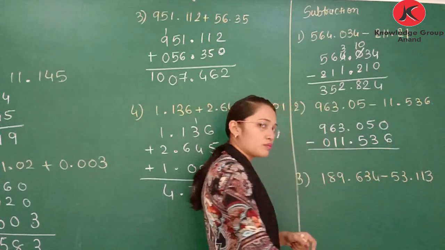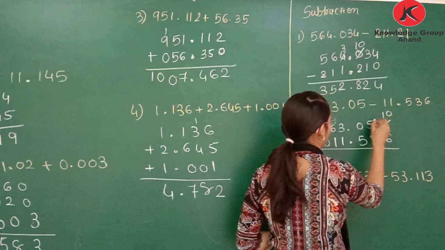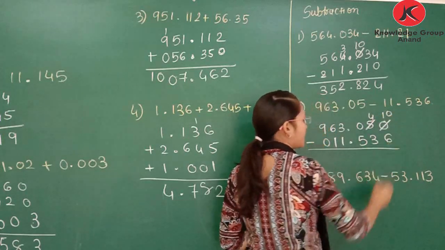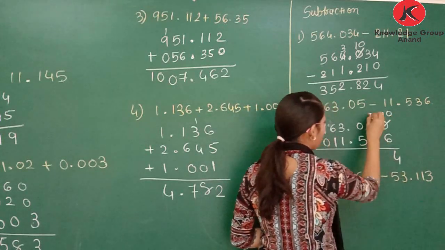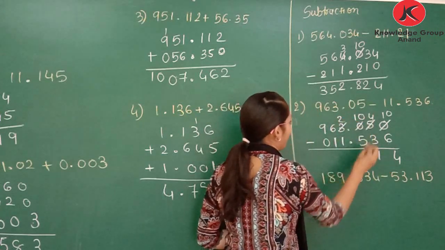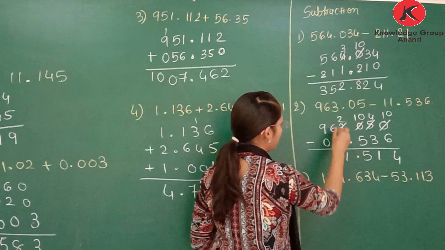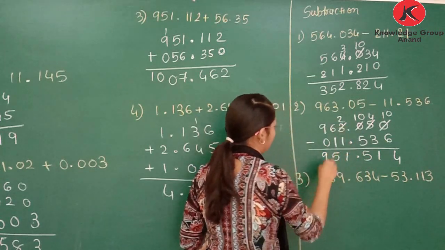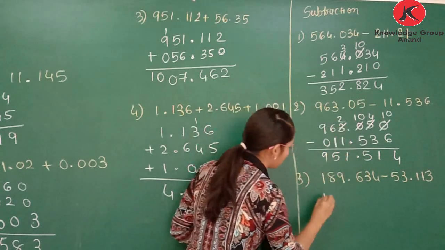0 minus 6, borrowing, so 10 and 4. 10 minus 6, 4. 4 minus 3, 1. Again borrowing, 10, 2. 10 minus 5, 5. 1, here 5 and 9. Clear? Now next one,